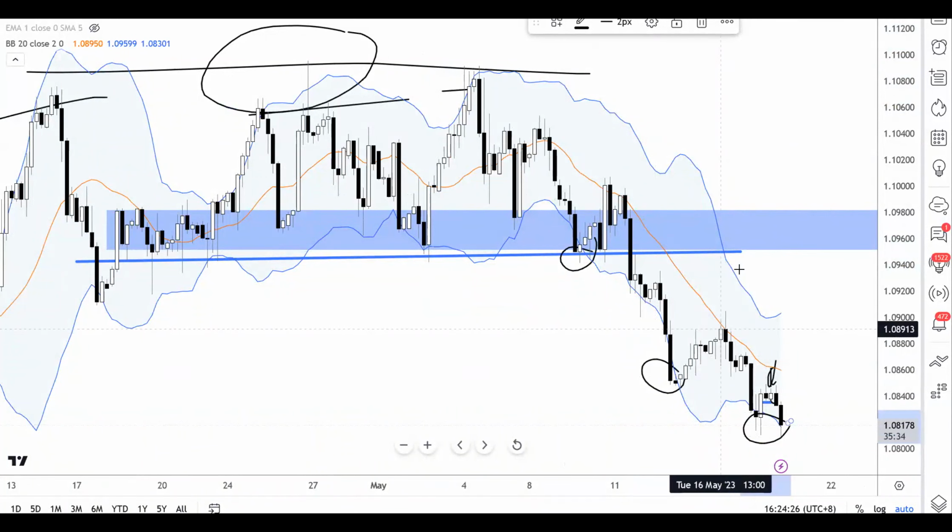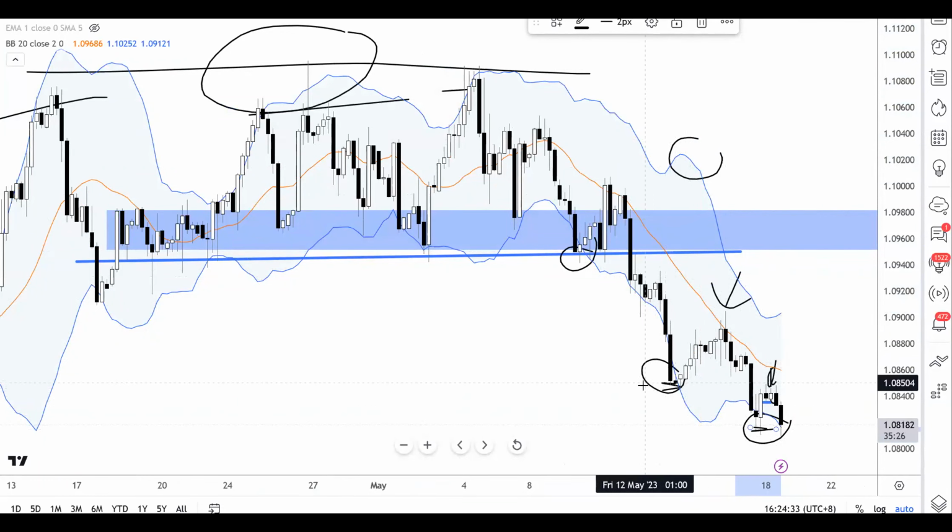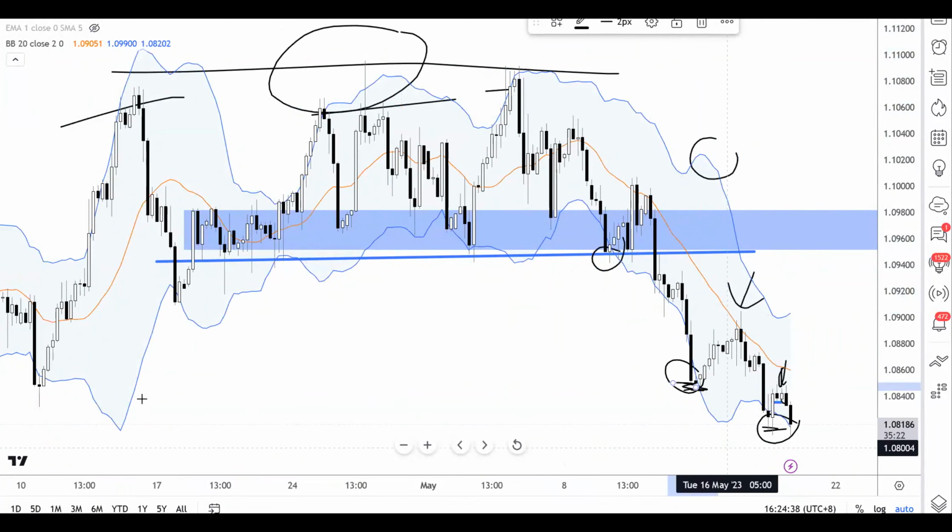So if you are taking any sell signals based on the middle band or even the upper band, these lower bands can be potential targets. But it's also important to note that while these lower bands can be potential targets, unless price comes into a higher time frame demand zone, if not, just looking at this alone,